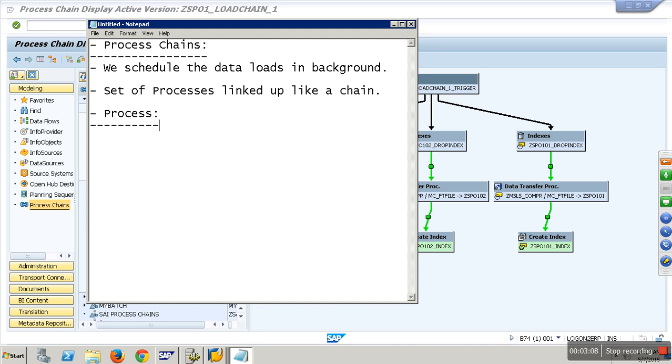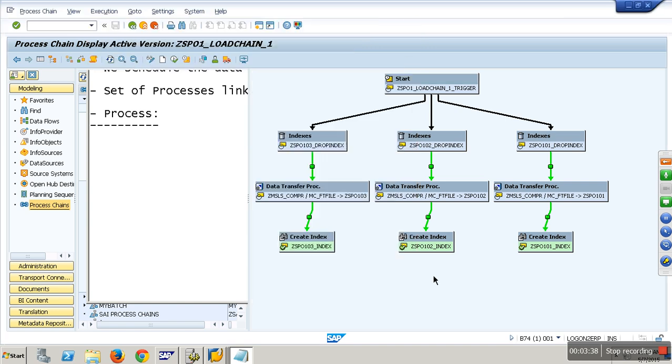Any activity in BW that we are able to schedule in the background, we refer to that as a process here. Say roll up. Can you run it in the background? Deleting index, creating index, compression, running the DTP, running info package, running the DTP for open hub destination, or anything like any attribute change run, activating master data, your ODS activation, any of the processes you're able to do in the background, we call that a process. For example, if you go to this,